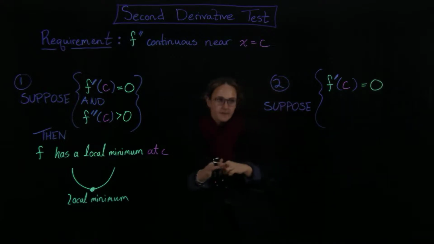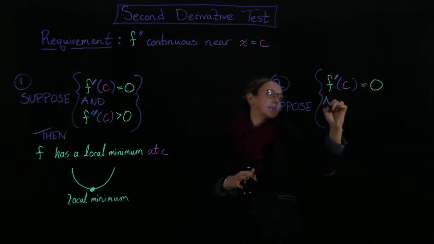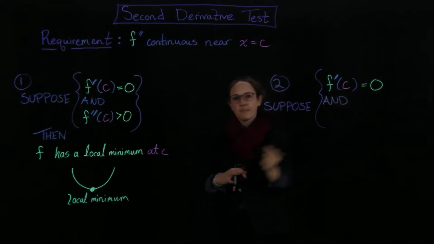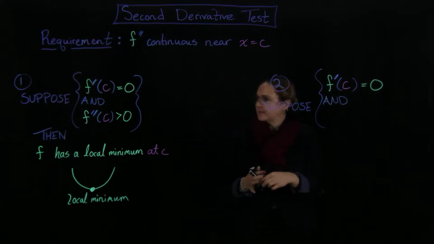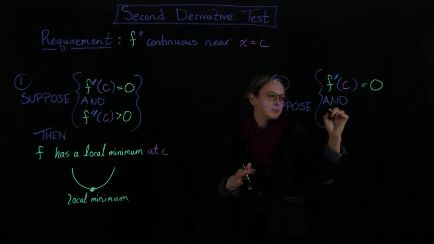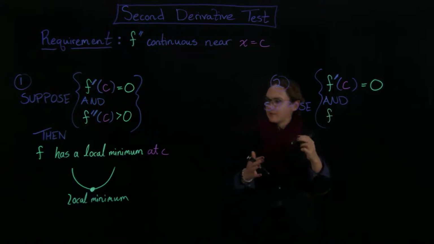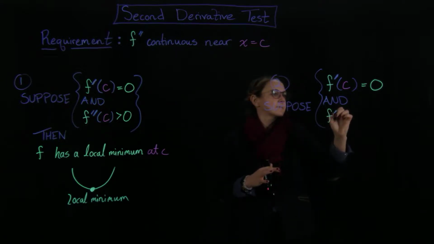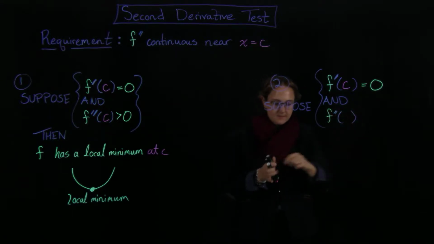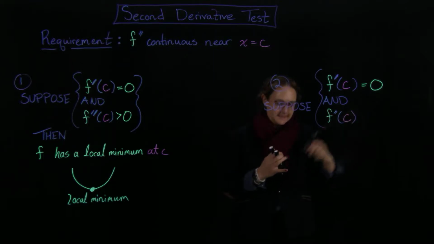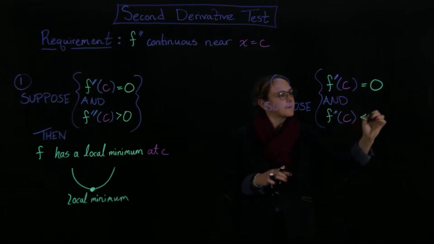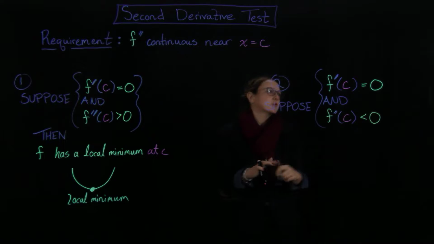I'm getting a flat slope at that point. And the second thing that I need now is the opposite picture. I'm going to be concave down instead. So when the second derivative is less than 0, and both of these things are true,